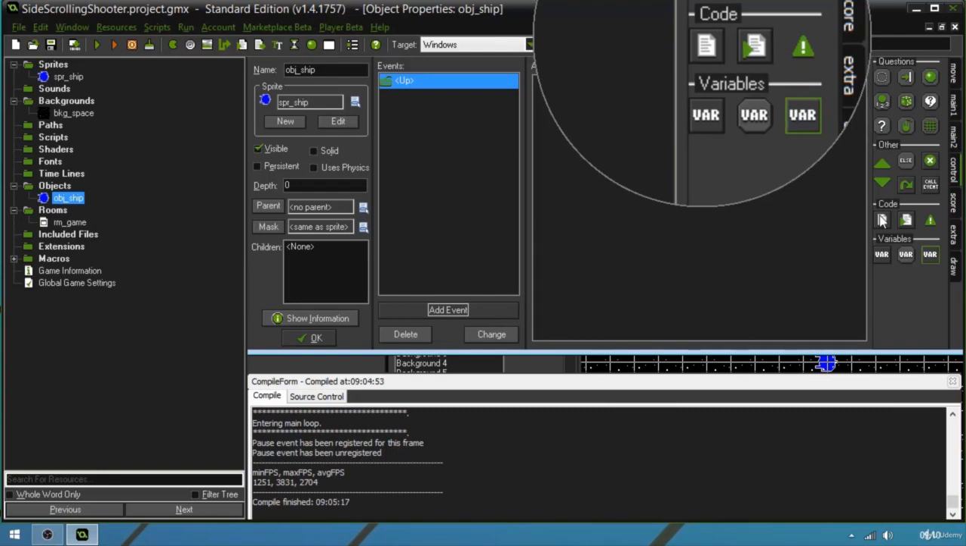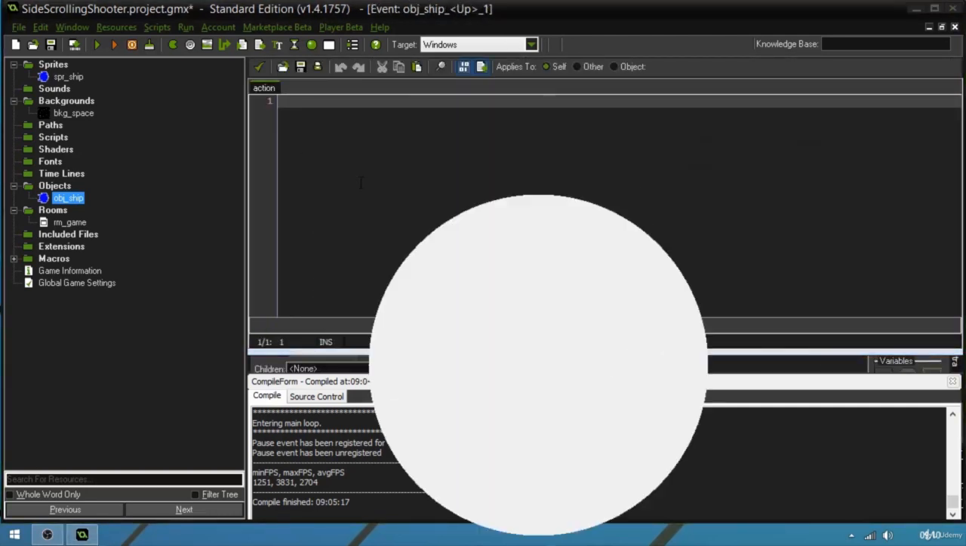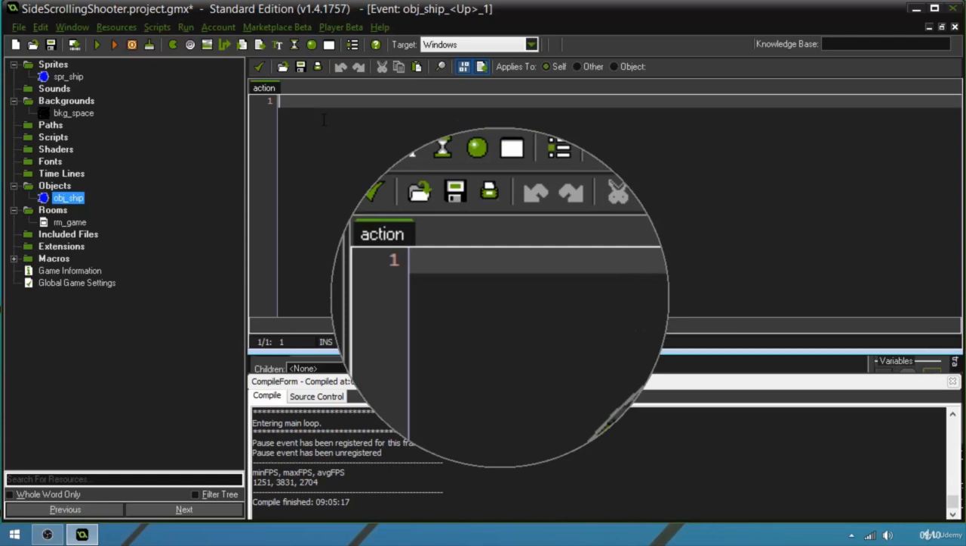Because with code, we have more flexibility to improve our game, to make more complex logic, things that the default actions can't do, but you can still use them. Anyway, what we're going to do is select this execute code icon here. We're going to click and drag it to the actions panel. We just drop it anywhere here. And as soon as we do this, we're going to see this window here